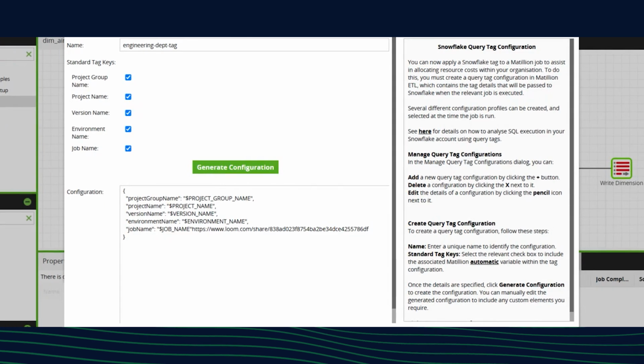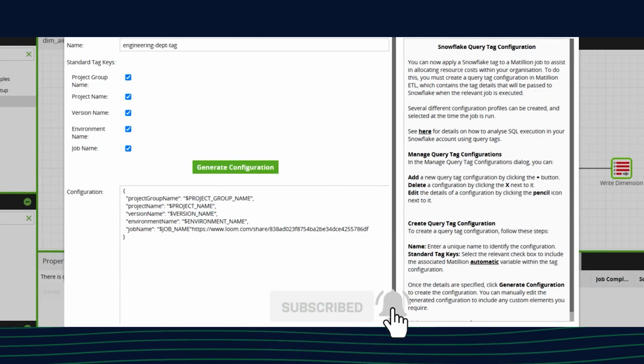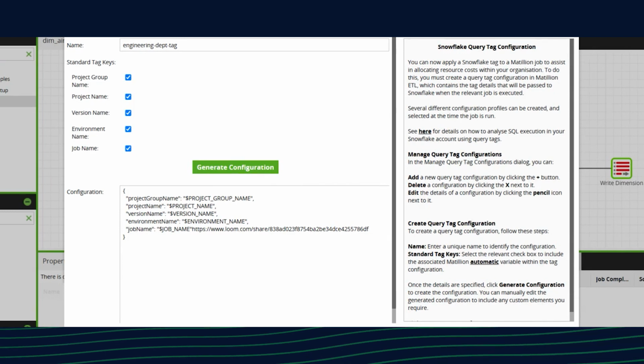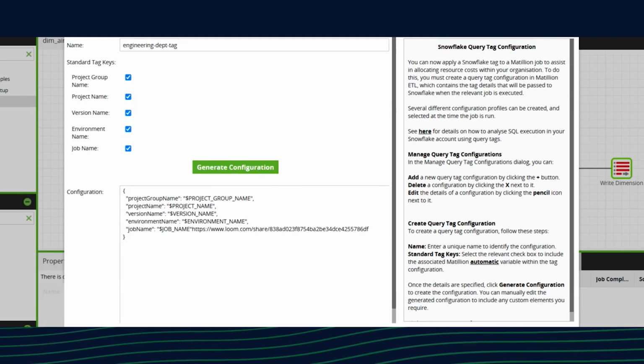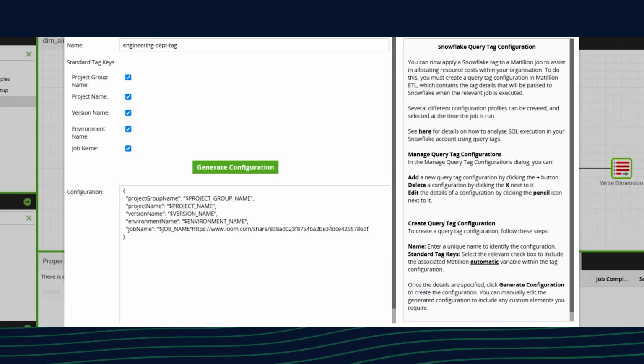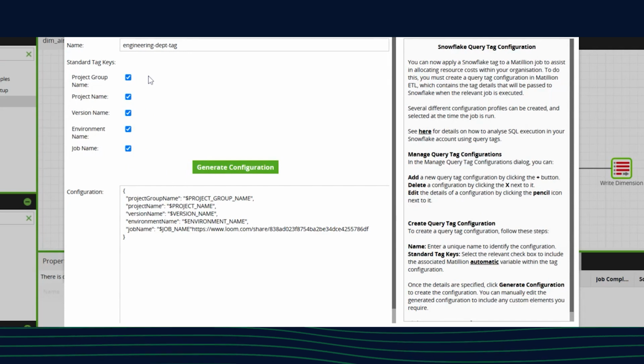The query tag required by Snowflake is a string of up to 2,000 characters. This uses the JSON string structure because, when analysed within Snowflake, we can use parsing techniques in Snowflake to decompose the JSON string and work on individual elements. Setting up the query string itself is straightforward.